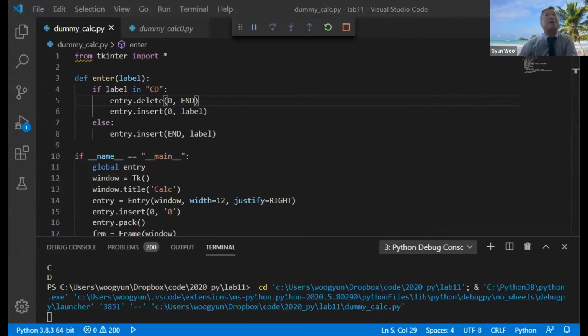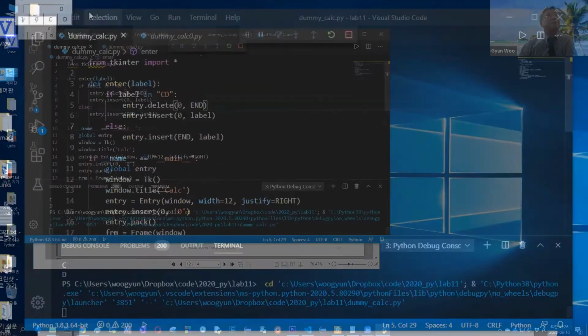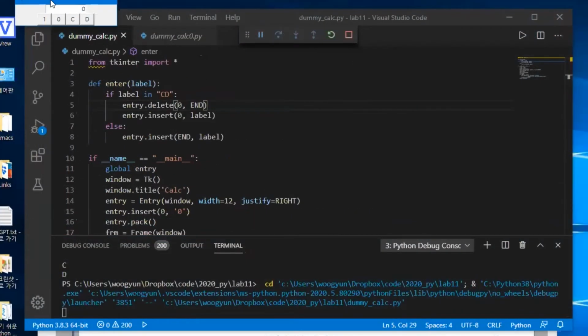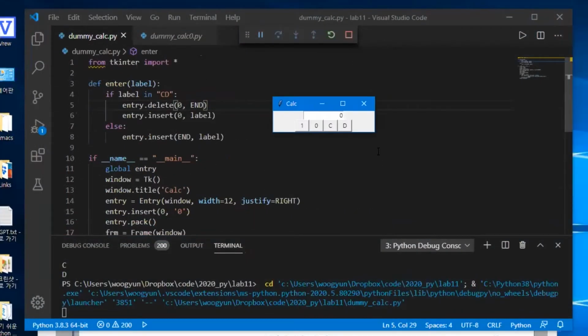Okay, so let me share this with the whole screen. Okay, so it is an execution. So when you click C or D, it should appear instead of 0. C, D, it appeared. But once you push 1, it is appended, okay, at the end. Okay, so do you know what is the operation delete and insert, delete and then insert? Okay,